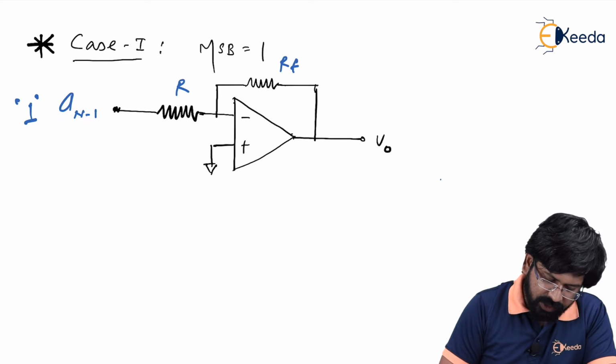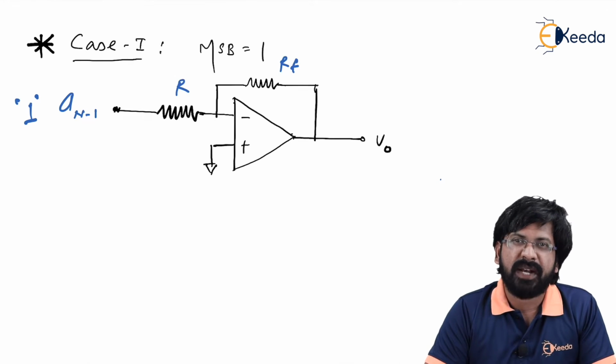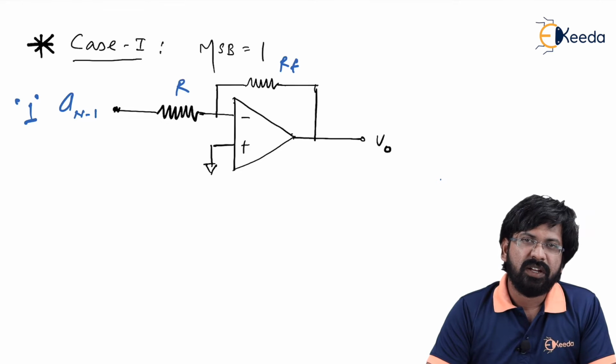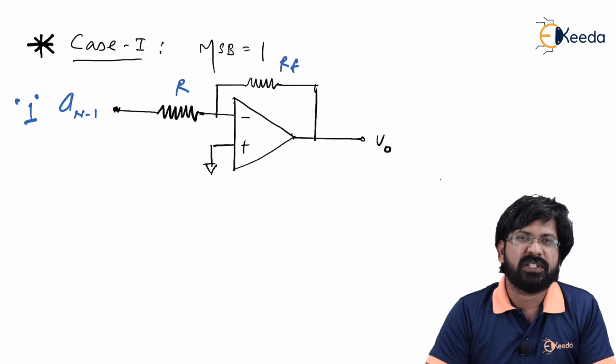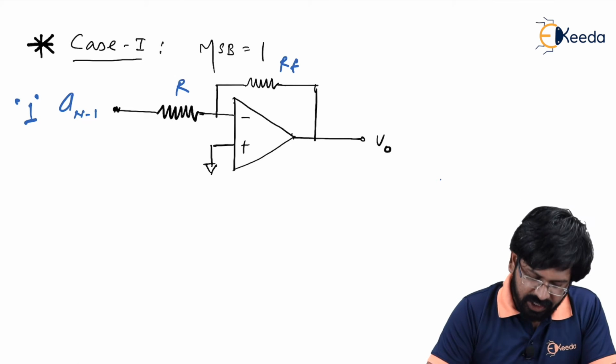Now you are applying logic 1. In terms of digital language, applying logic 1, logic 0 is okay. Practically, it is not okay. You don't apply ones and zeros, you apply voltages, right? So in this case, we are going to apply minus VR as a reference voltage for logic 1 and ground, that is 0 volt, for logic 0. So what I said, let me just write it.